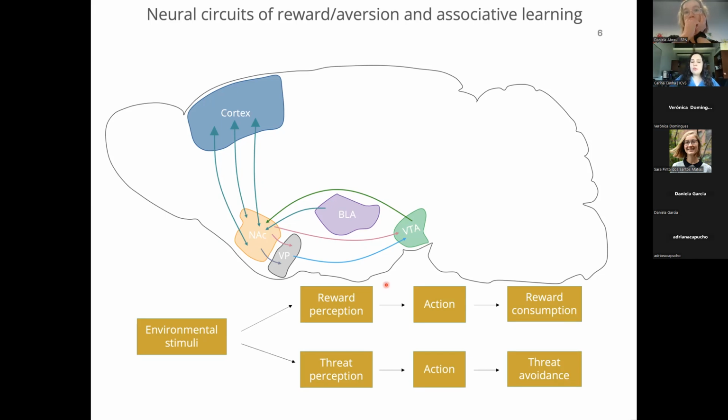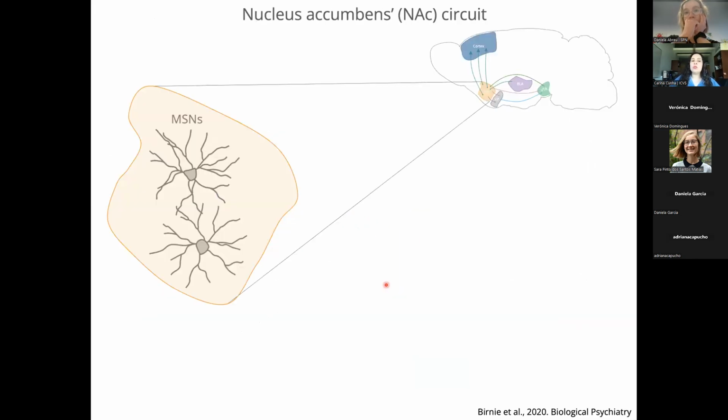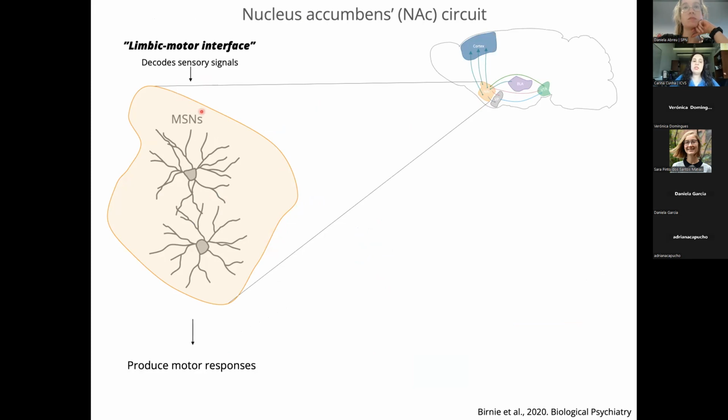And among this complex circuit lies the nucleus accumbens, which is here. It's a ventral portion of the striatum, as I was saying, and it's basically known to be a limbic motor interface because it integrates cortical signals and also any glutamatergic signal, and it decodes these signals to produce motor